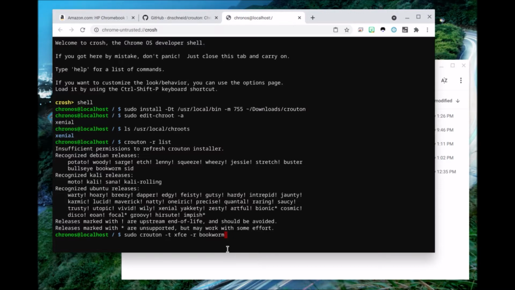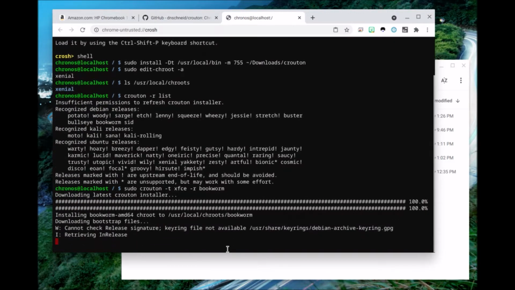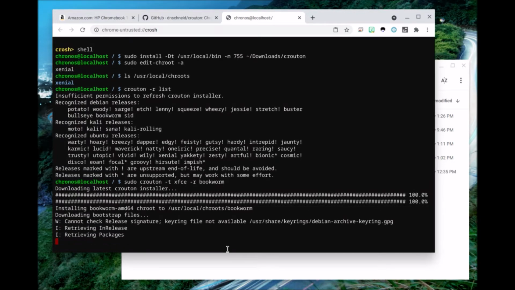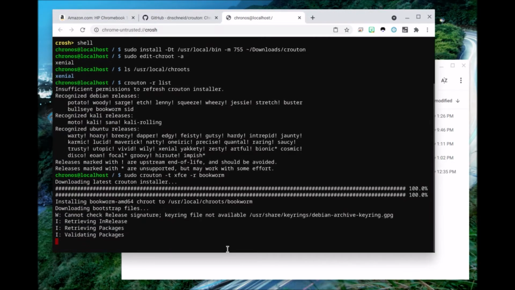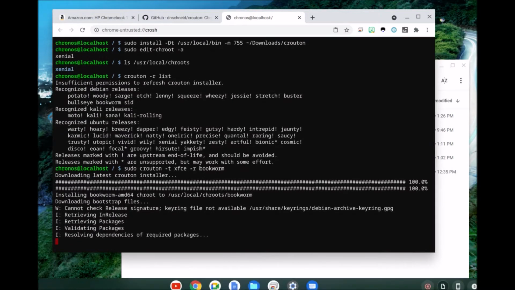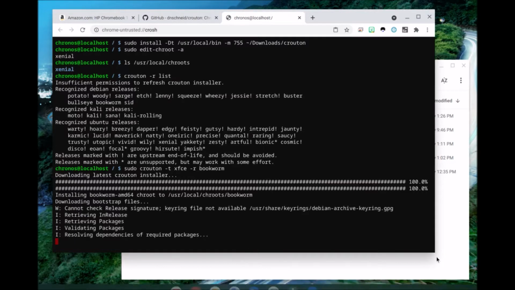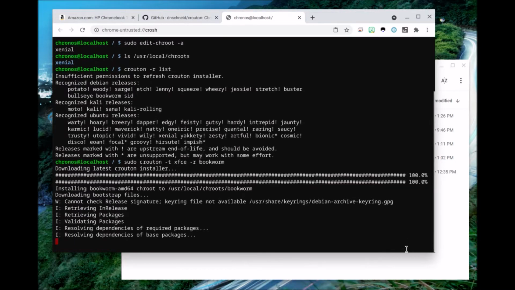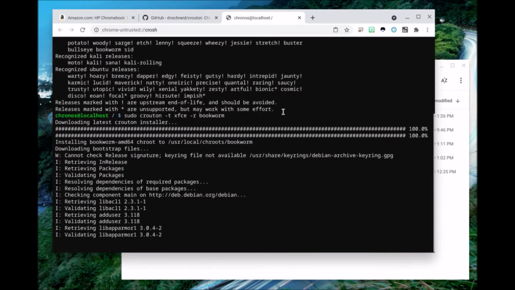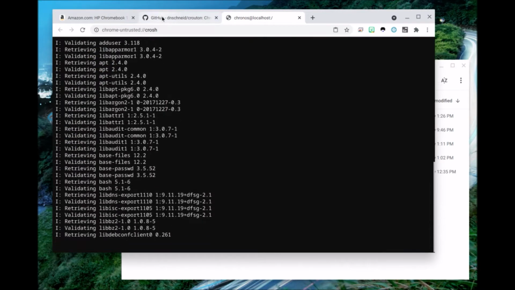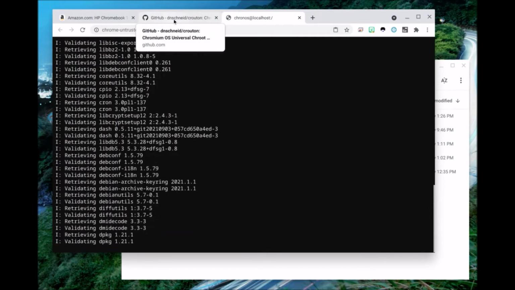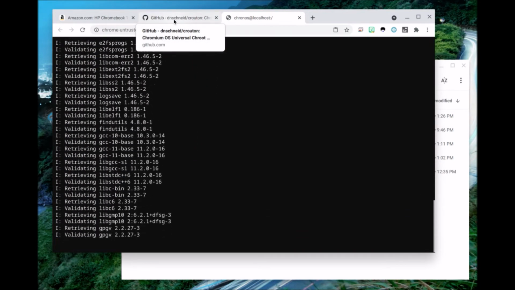I don't know how long it's going to take. My internet connection isn't that great in this room, so it might take a while. It's 9:52. So we'll see how long it takes. Come back when it's all done. The next step after it runs is